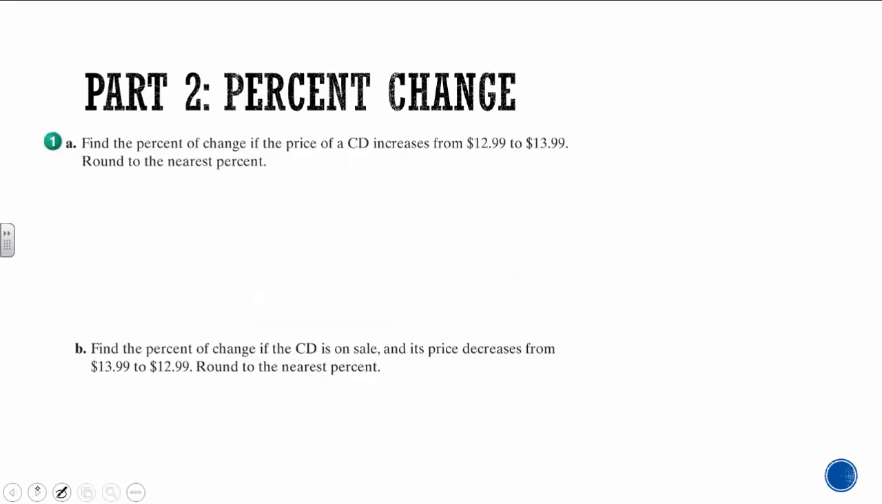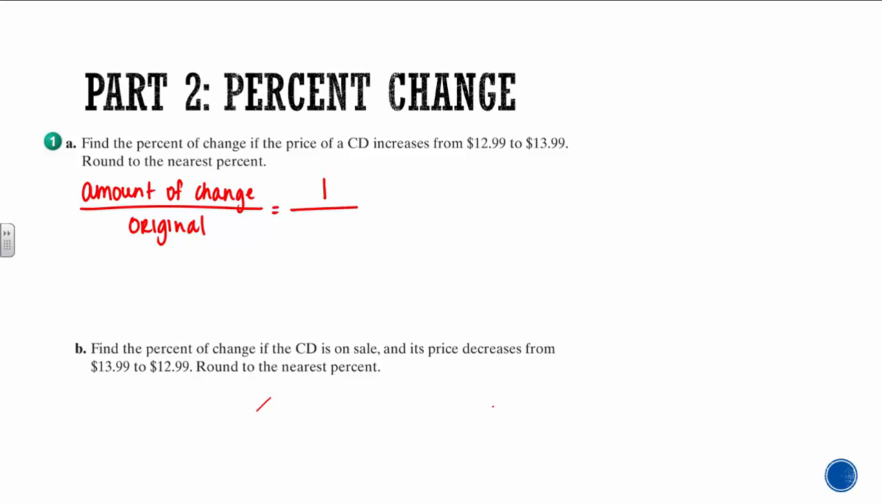Let's try another. Find the percent change if a price of a CD increases from $12.99 to $13.99. Round to the nearest percent. So remember we want amount of change divided by the original. So this one's a little easier. We can do this in our head. From $12.99 to $13.99, it went up $1. Now if we divide that by the original amount,